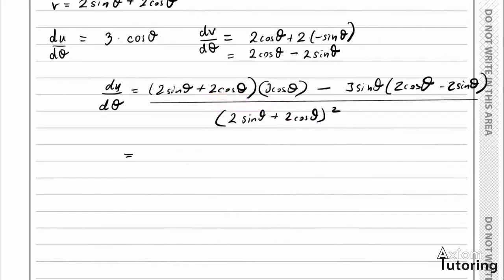So the same rules apply when you're multiplying through by a term outside of the brackets. But just be careful because, of course, the trig functions can be very confusing. So 2 sine theta times 3 cos theta, that's 6 sine theta cos theta. And then we have plus 2 cos theta times 3 cos theta. Well, that's plus 6 cos squared theta. And then minus